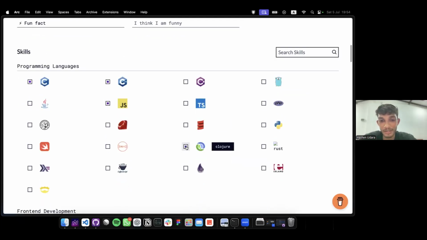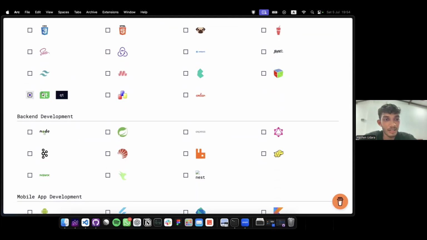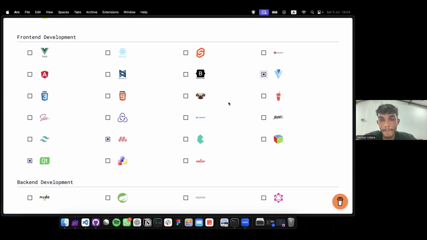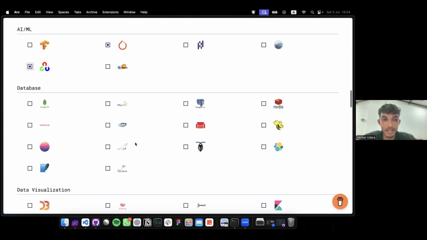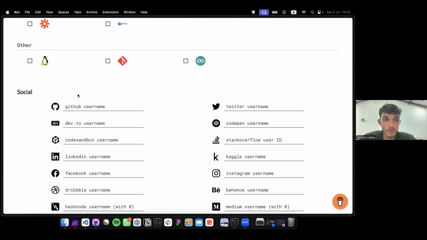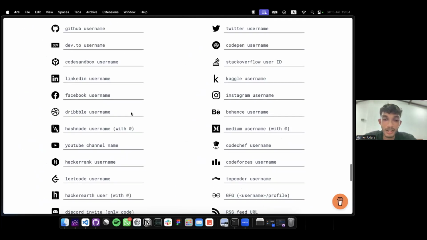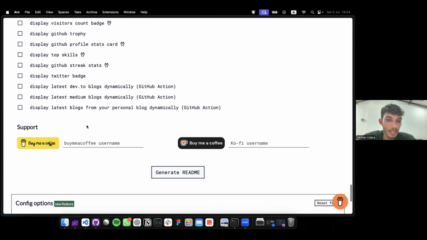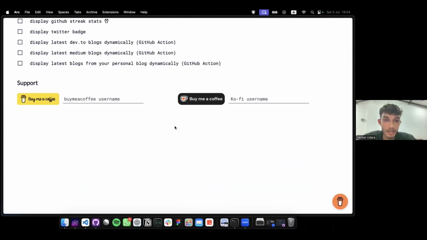I will randomly select some languages, and I will add some of them, and you can connect your social media accounts with this, and also you can